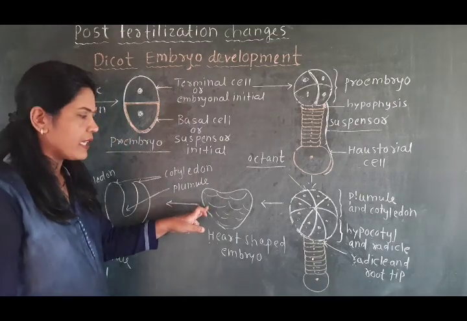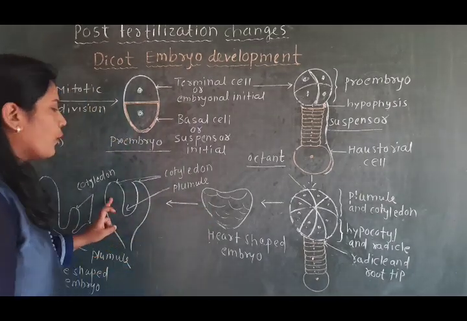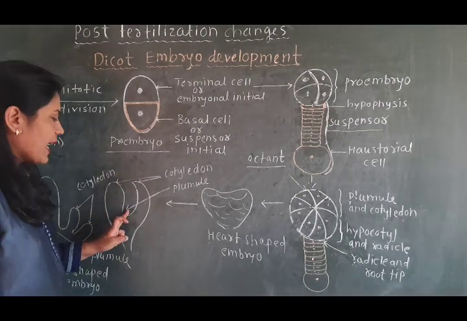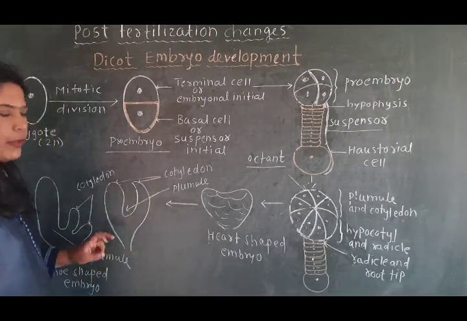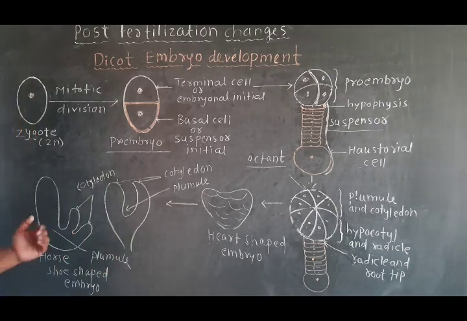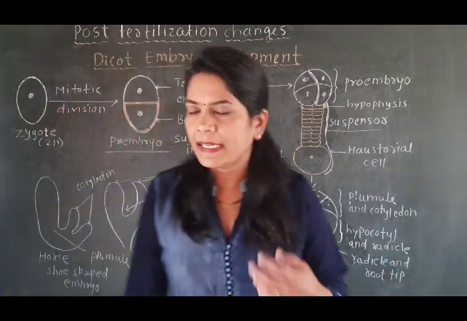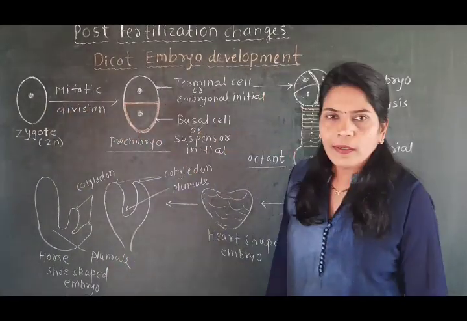By further division, this heart-shaped embryo forms the two cotyledons, which are lateral in position, and the terminal portion is the plumule. And at the end, this dicot embryo forms a horseshoe-shaped embryo. See here, at last this dicot embryo forms